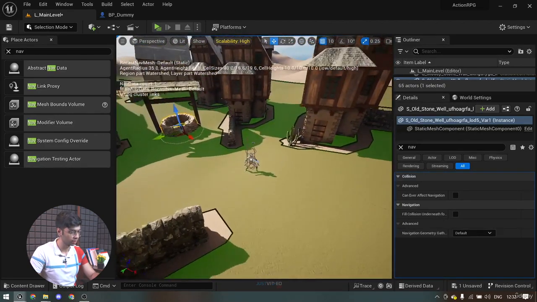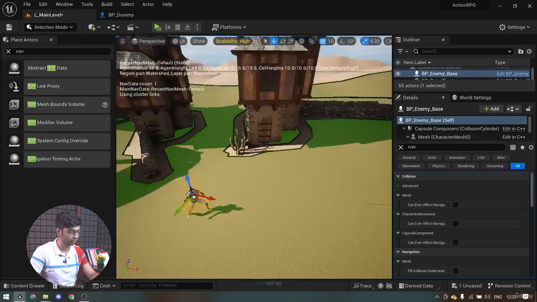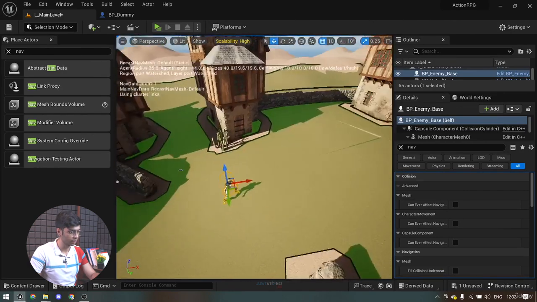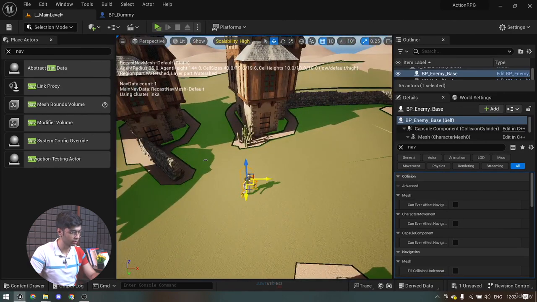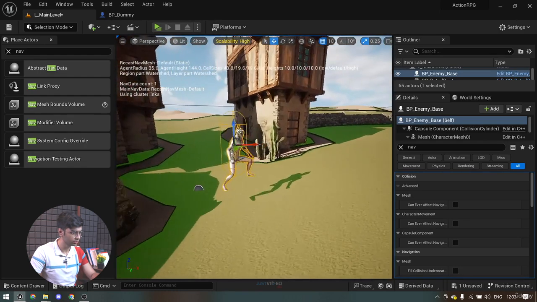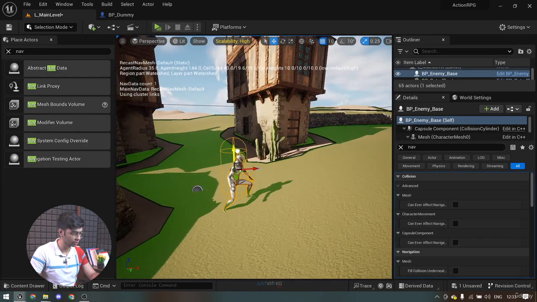Now if we get here, we can basically place our AI. We need to get a good starting point for our AI. So I'm going to place it somewhere here,